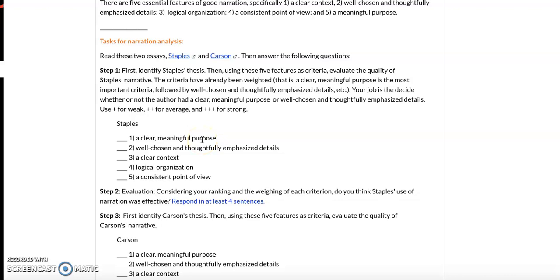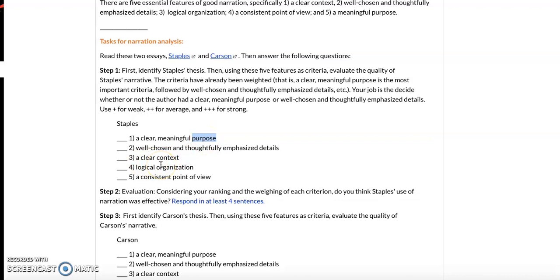Readers are kind of tenacious. We talked about that as well. And so if you start to give them details that aren't necessarily connected to the purpose, they're going to follow that rabbit trail and try to figure out why those details are there. And if they can't figure it out, and they're trying to come back to what does this detail have to do with what you're trying to accomplish with the narration, they're going to lose trust in you. It's going to affect your credibility, your ethos in your piece. So we want to make sure we only put the details in that are connecting to the purpose.